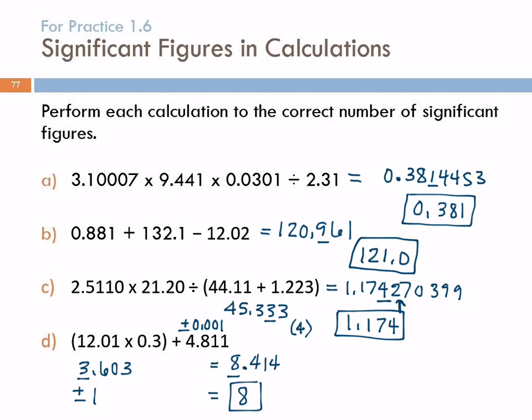And why are there 4 numbers for the answer? Like, what were you basing that on? Oh, for this one, 3.603, I wrote down everything my calculator showed me. No, I meant the final answer. Oh, so yeah, I just rounded it right here. Any questions? For C, could you explain why you had 3 decimal places instead of 2? I saw the 21.20. Okay, because here we're